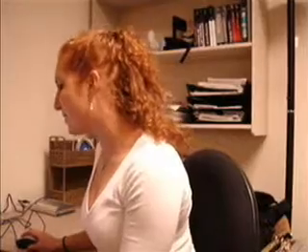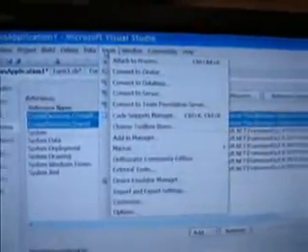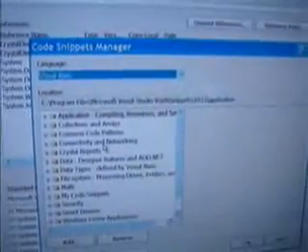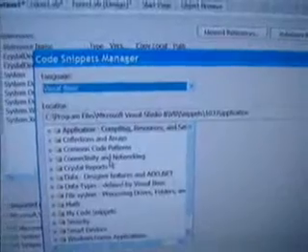So snippets are actually XML files that get installed to disk with the product. They're XML files, but they're renamed with the .snippet extension. So if you want to see where these files actually live on your machine, one other thing to show you is the Code Snippets Manager. So if you go to Tools, Code Snippets Manager, this probably looks similar to the snippet picker we were looking at